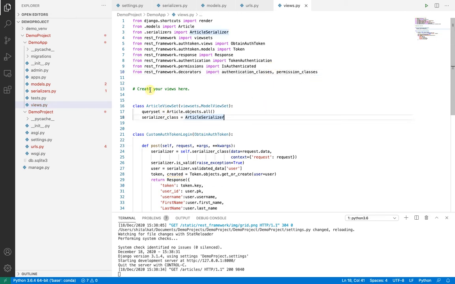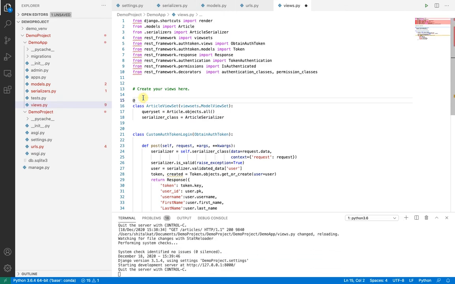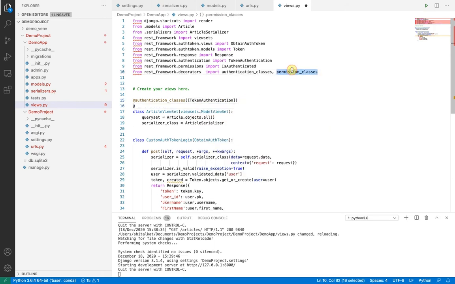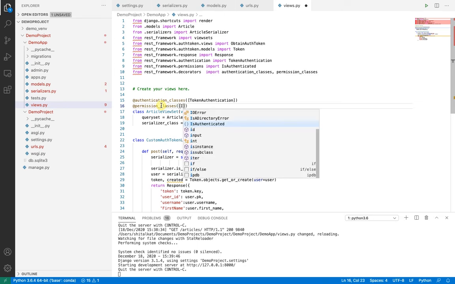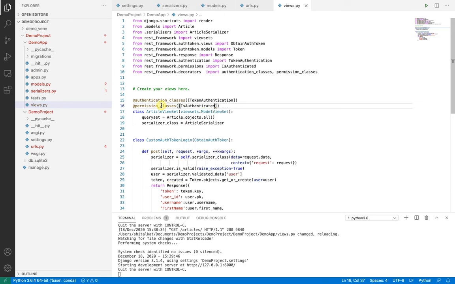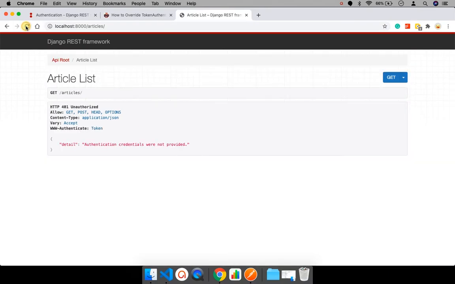Now for each model you want to enable authentication, write @authentication_classes and in brackets TokenAuthentication. @authentication_classes is basically a decorator and similarly define permission classes. And now we'll check our site. We are not authorized to access it now. We need a token and we need to pass that token in the header of the GET request.